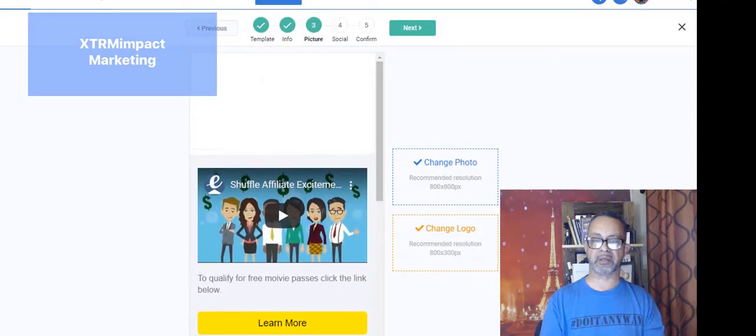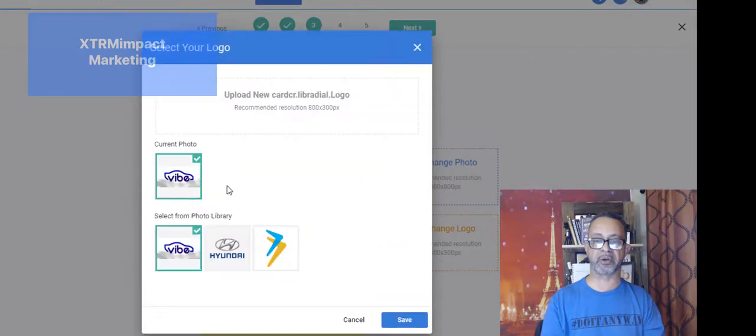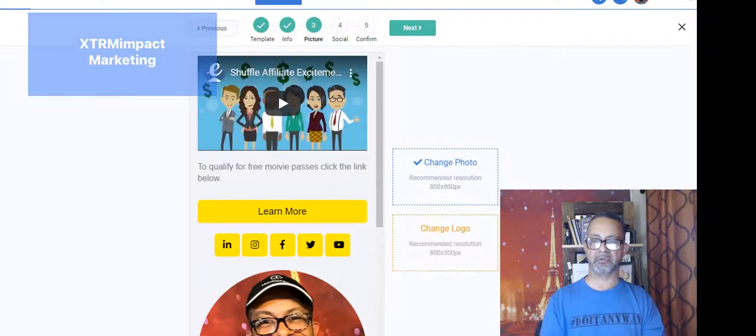For example, I'm getting ready to launch a rideshare here in a couple of weeks. It's a cool rideshare app they're getting ready to launch. I'm going to create a card. Matter of fact, I've already got a card created for that. So depending on what I want to put up there on the top as a logo, if I don't want a logo up there, I just uncheck that, and I'm going to hit save, and it removes my logo. I'm going to go to the next page,